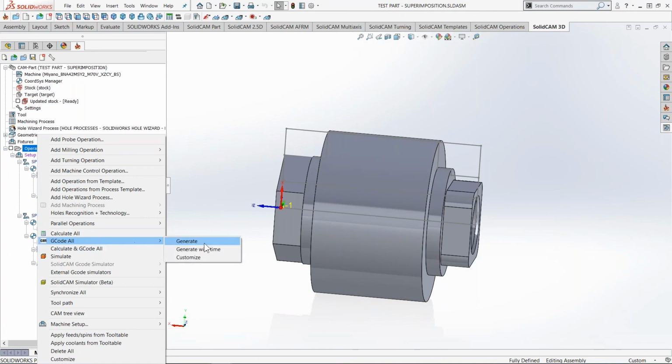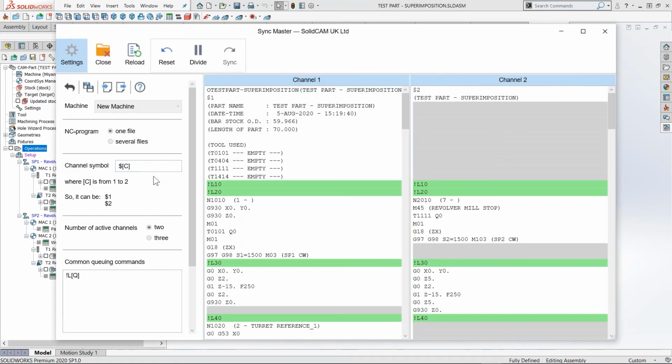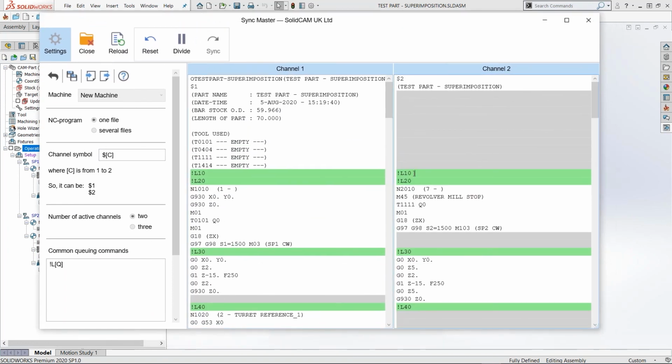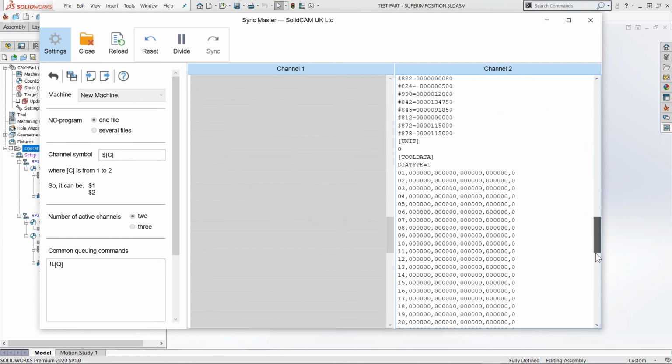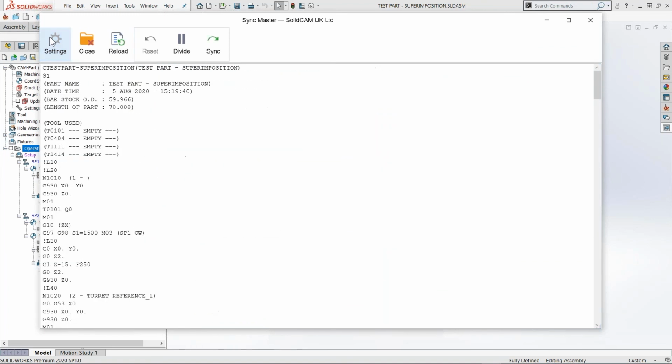I'll do a right click, generate Gcode. Okay, so as you can see, this is the application. Basically, it allows us to see these labels per each channel, okay? And I will just very quickly go through this application so you also understand how you can use it. By default, I will just reset this. Here you have the settings, and this is the Gcode that you got,